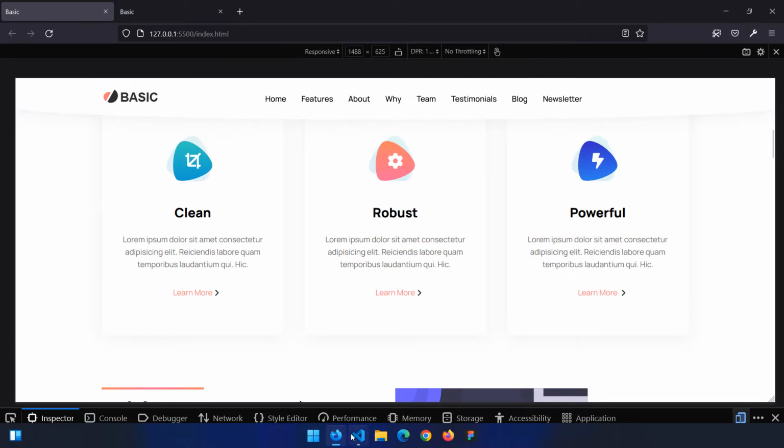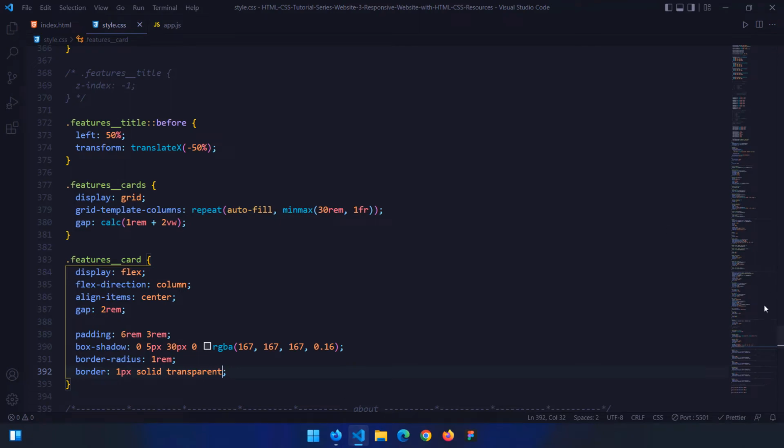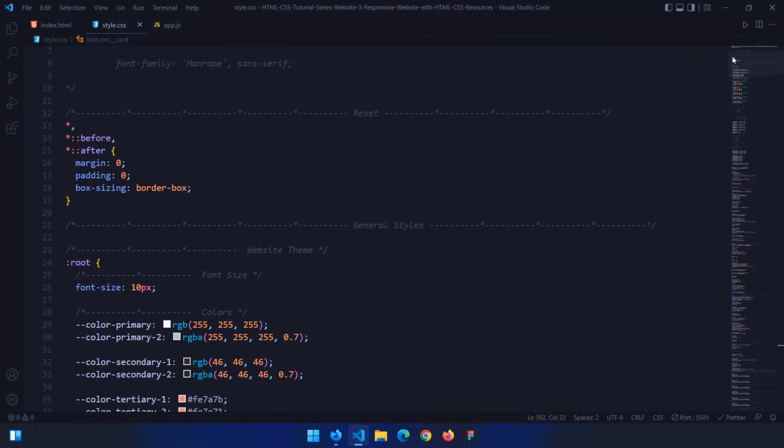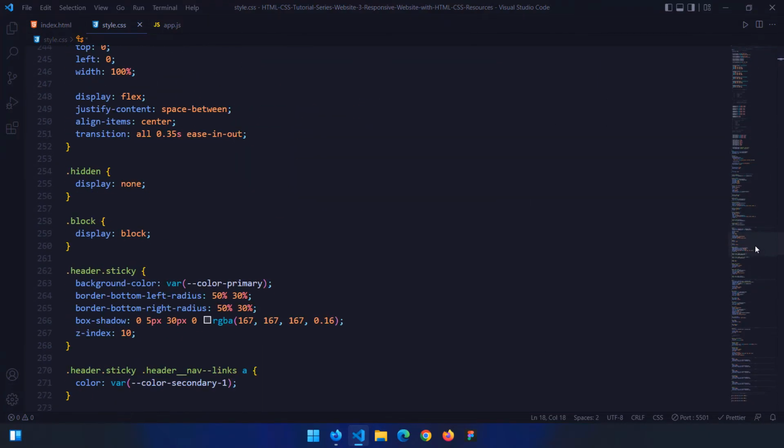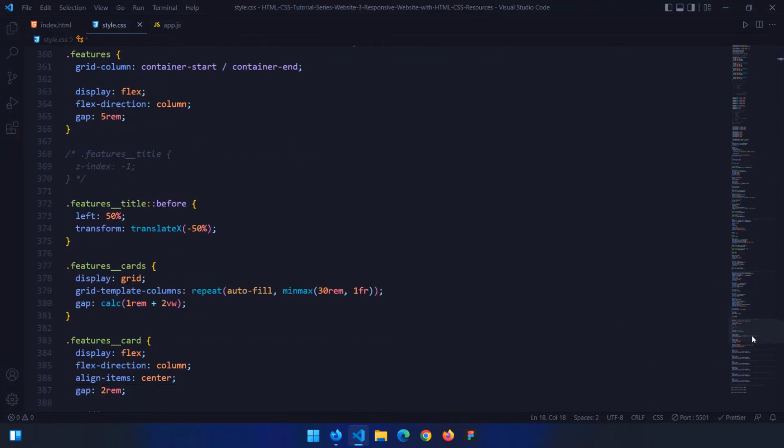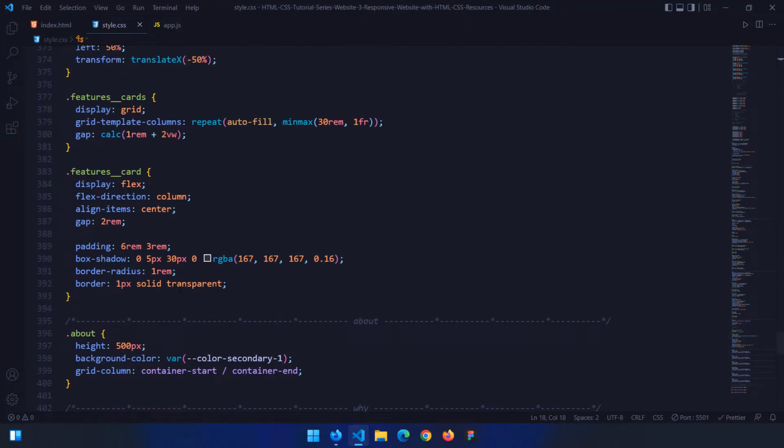Now, oftentimes what happens when you have declared box sizing to border box, this is just a little bit of a technicality. When you set box sizing to border box, the border as well as the padding are included within the width of the actual content. So if you don't create the border for the actual element, and if you just create this